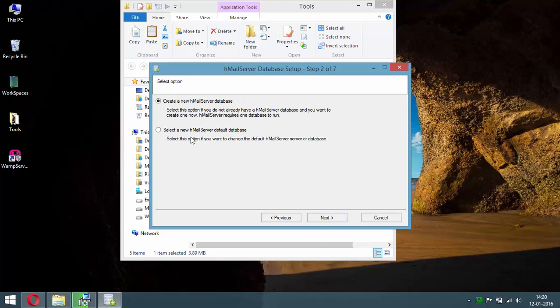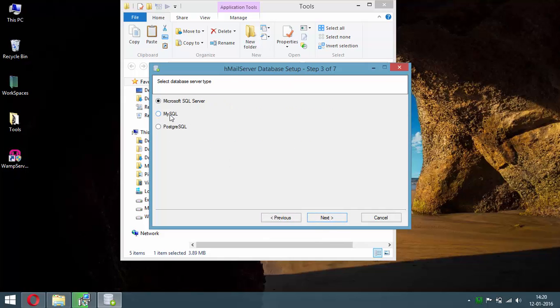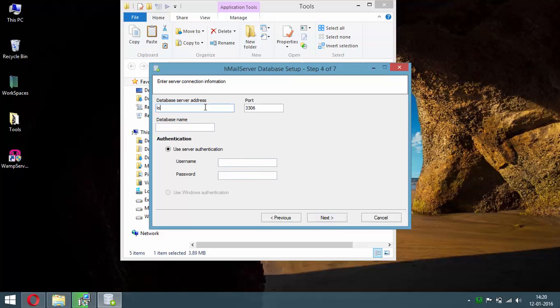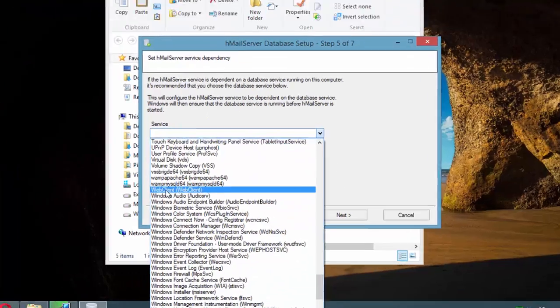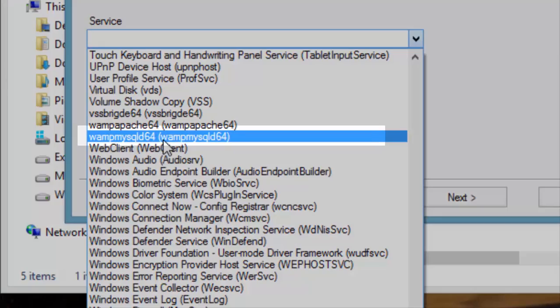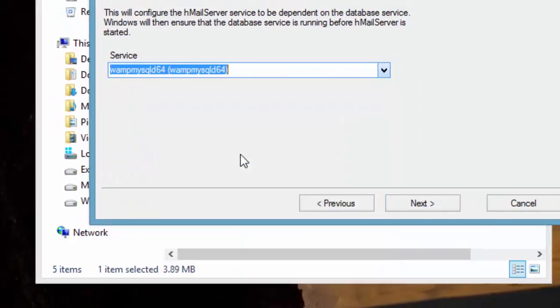Choose Create a new HMail server database. Select MySQL. Set the database server address to localhost, and the database name to HMail server. Supply the database username and password that you have created earlier using phpMyAdmin. From the drop-down, find and select WAMP MySQLD, which is a MySQL service that is needed to run before running